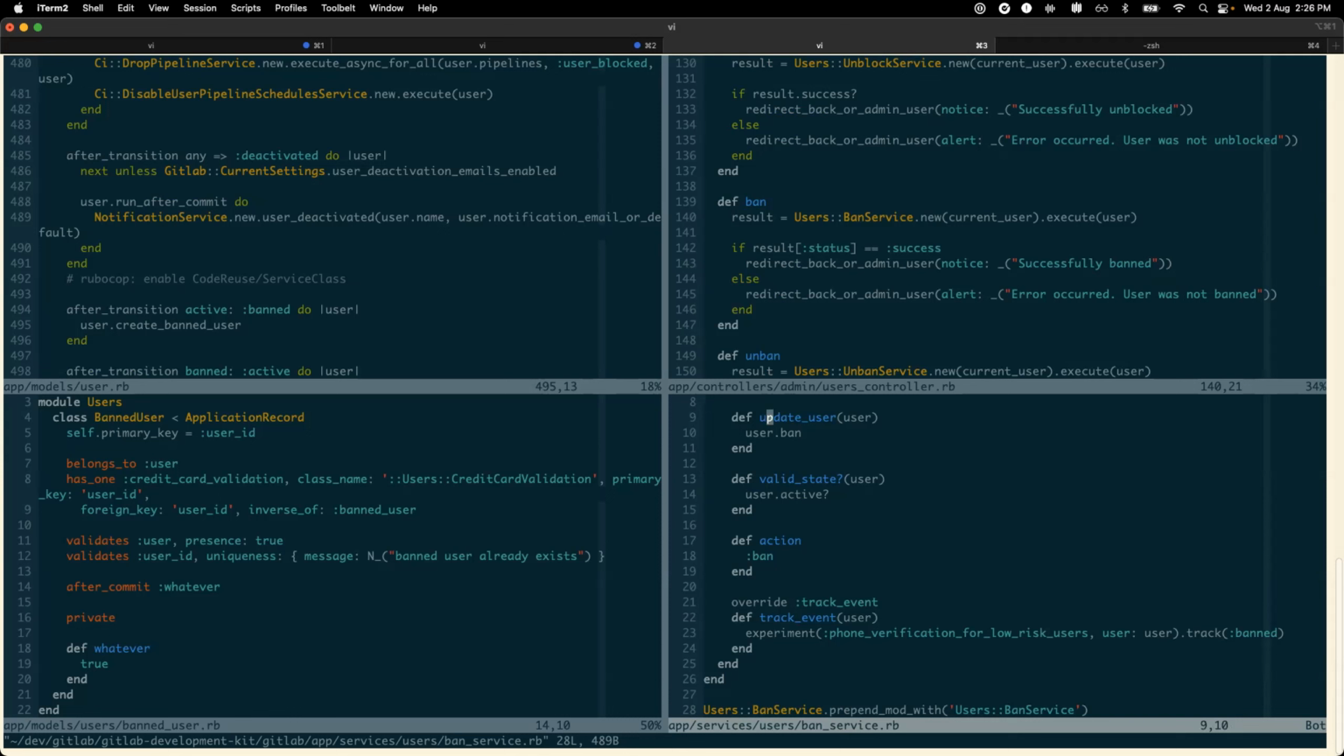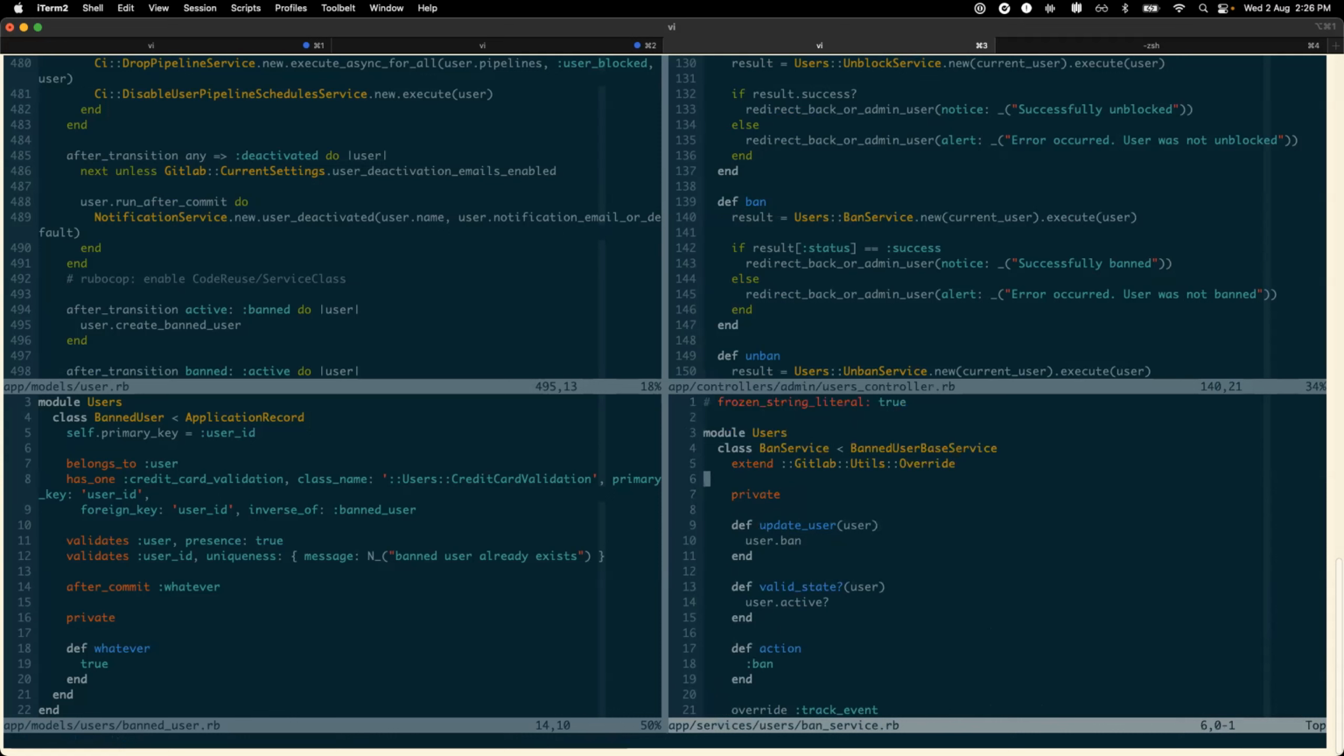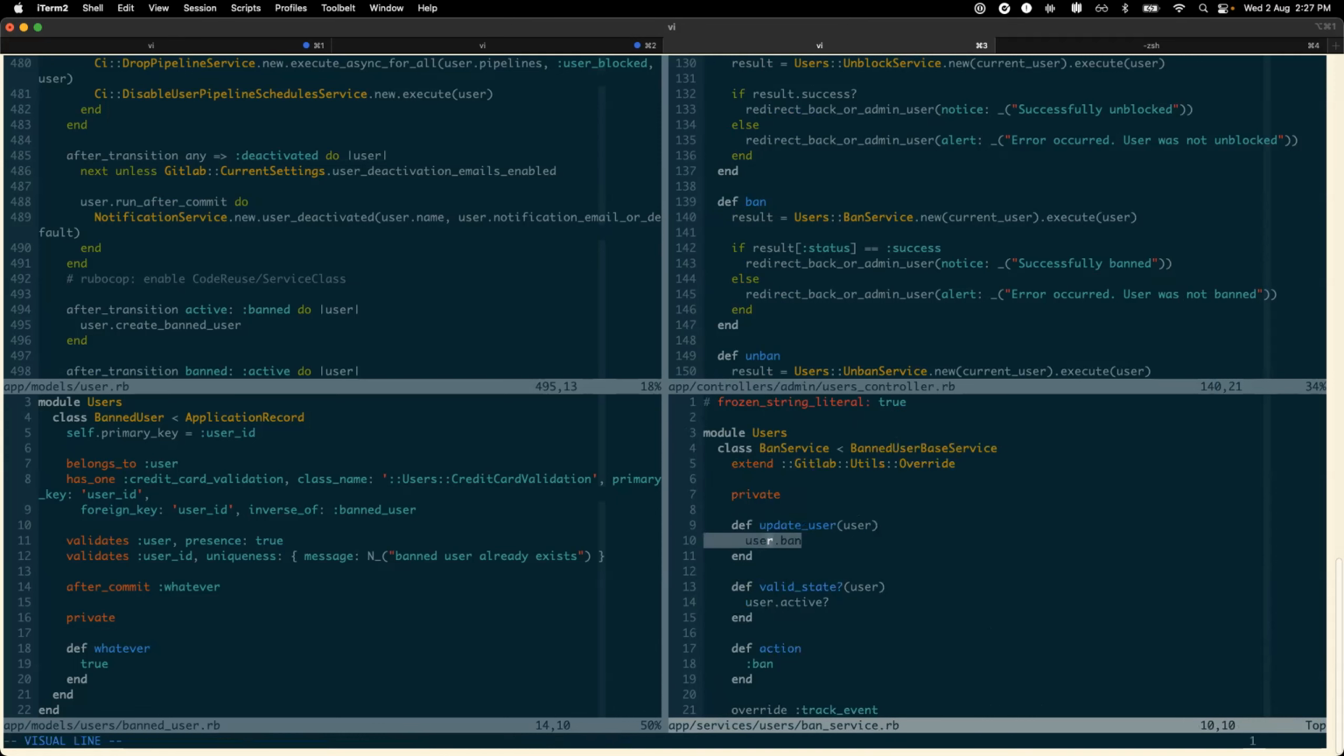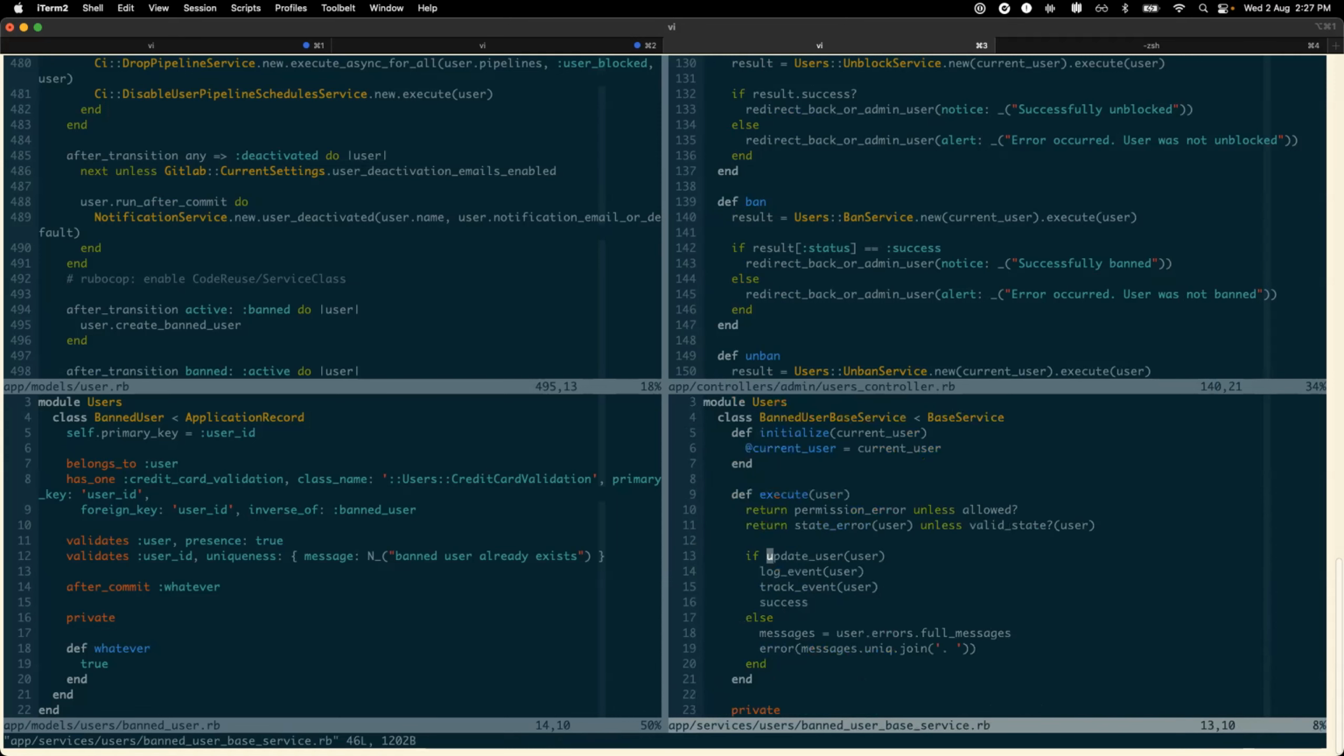Okay, so the ban method calls ban service dot execute. Execute is not defined here. It's defined in BanUser service. This does a permissions check. It looks for if there's a state error. It calls update user, which is, I assume, defined in the ban service class itself. Yes, it just calls user.ban. Nice. And now no bang, which is surprising a little bit. Maybe? Tracks an event and it has success. So I suppose,